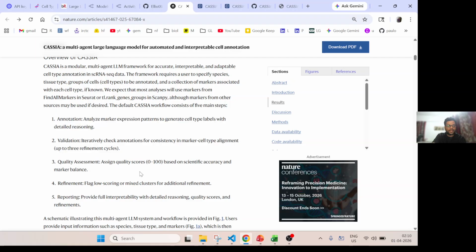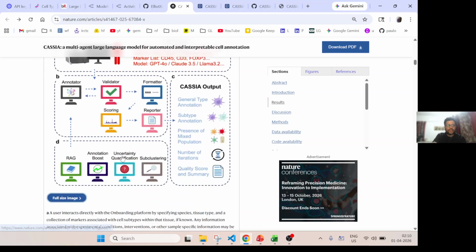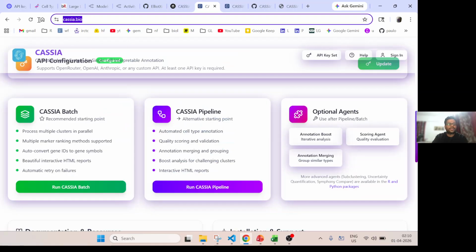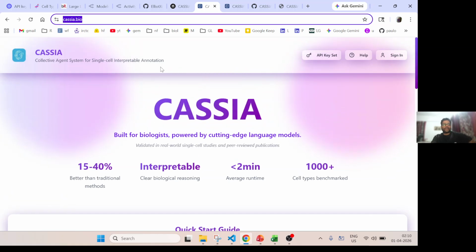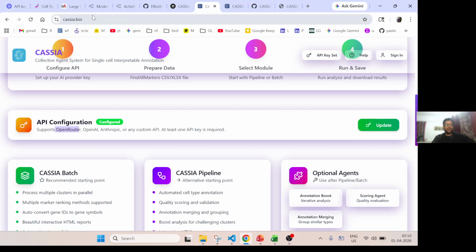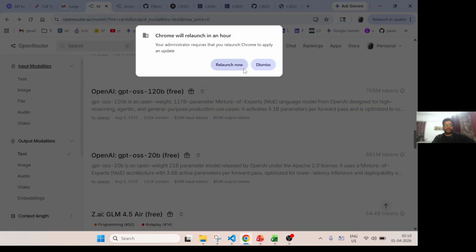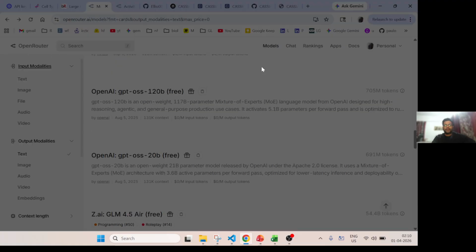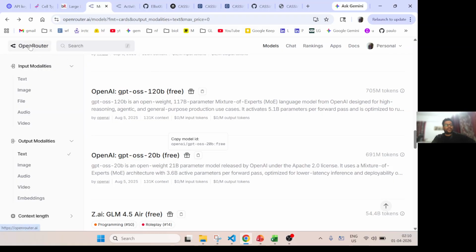These different stages are there, and then it does the annotation. But let me show you the website. This is the website, casia.bio. You can just give it a quick try. First we need to import our API key, and here you can update it. I have already uploaded my OpenRouter API key, and OpenRouter is, as I said in the previous video,